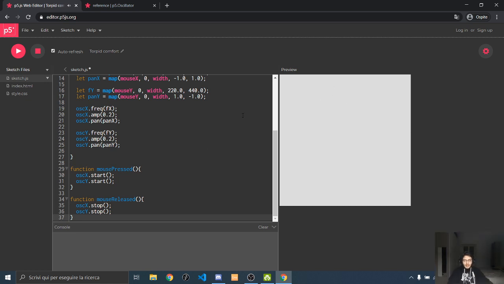Let me see if I can find a good interval. Yeah, on this diagonal there's when the two oscillators are kind of unison. Yeah, they are unison. I think that's the term. And the only thing that is different is that one oscillator is one octave lower, and on this diagonal